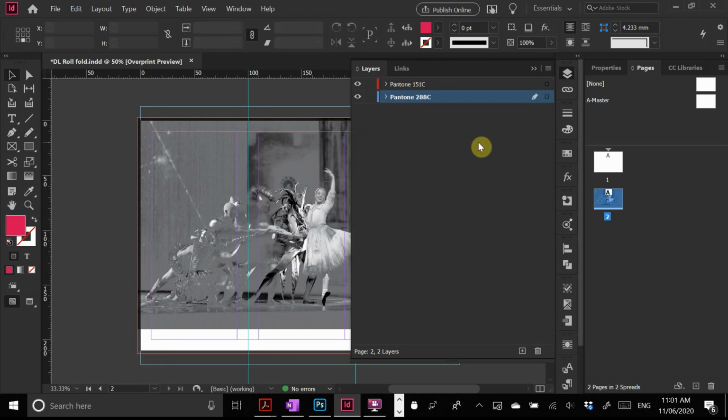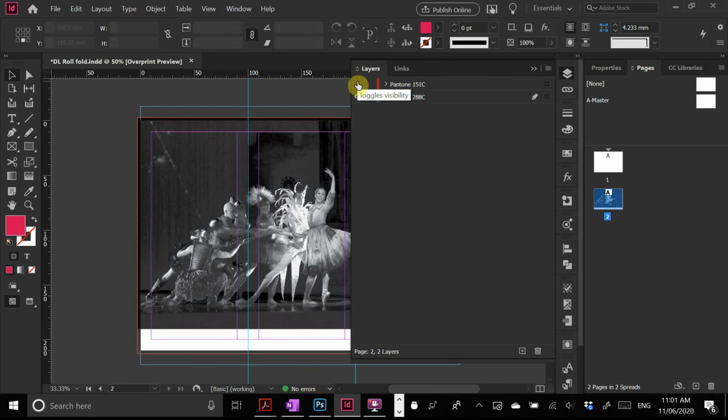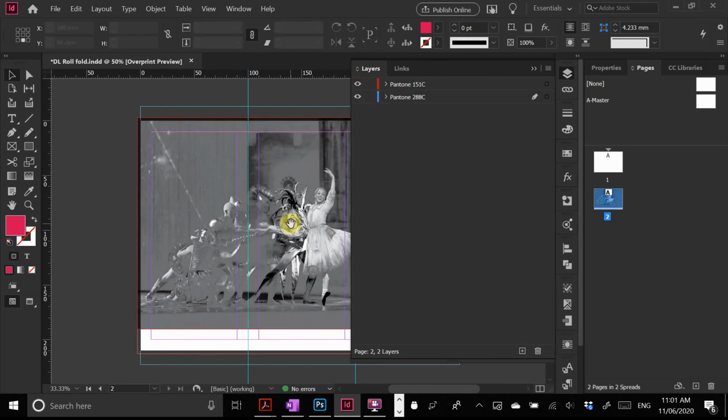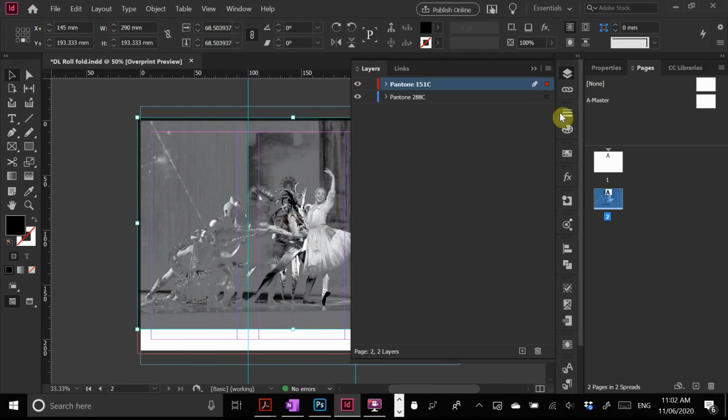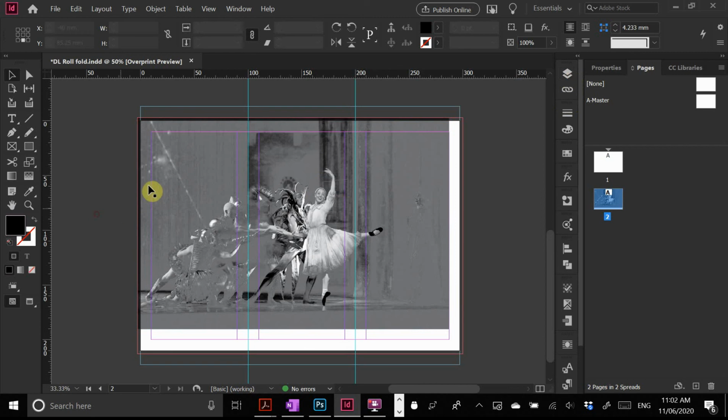Okay, so now I've got those separated into separate layers, and that just makes it easy for me to maintain them. If I want to switch to that one to change the color on that one, it's easier. Right, so I'm going to click on the circle to pick the image itself. So always double check. If you haven't picked the image, if you picked the frame, it's got no color assigned